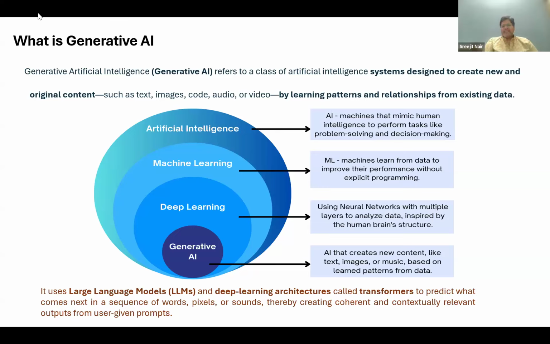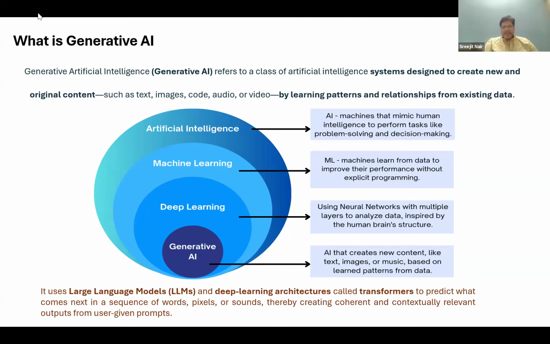Within that layer lies deep learning. Deep learning leads to machine learning, leading to AI. Deep learning uses neural networks with multiple layers and analyzes data. And within that are the large language models or Gen AI that creates new content, text, images, and music. So,